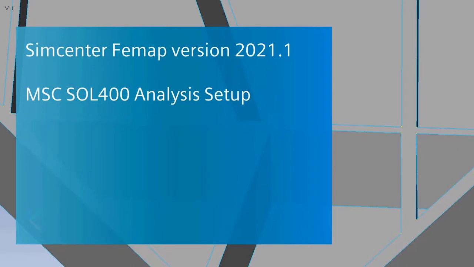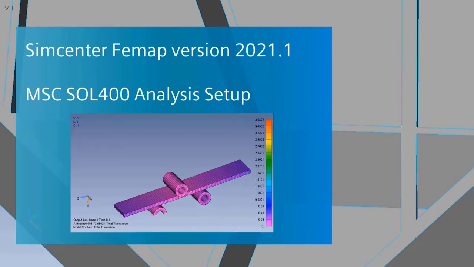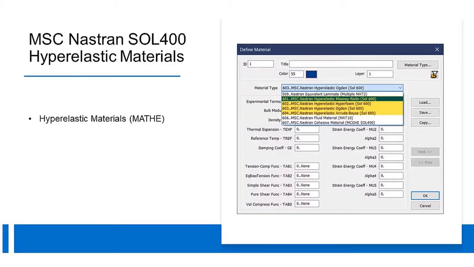With the release of FEMAP version 2021.1, Siemens Digital Industry Software has added support for MSC Nastran Solution 400. In this video, we will review the steps to create a FEMAP analysis set to simulate roll forming using MSC's implicit nonlinear analysis. FEMAP supports the following Solution 400 hyperelastic materials under the other material types: